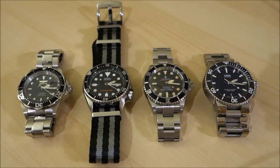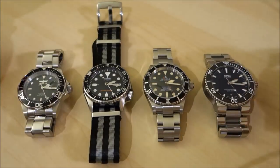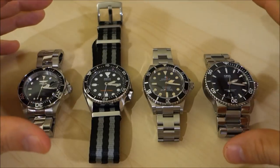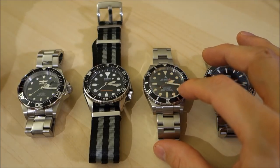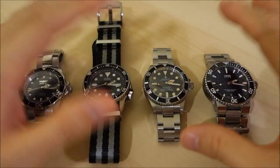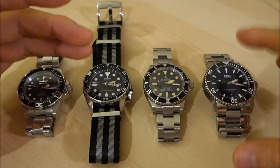G'day guys, welcome back to the channel to today's video where I want to do a dive watch lume comparison. Lume, or luminescent materials, obviously an important feature in dive watches, and because I came across this watch recently, this is a Ginault Ocean Rover with its gold sand lume, something that is not produced by Swiss SuperLuminova like many